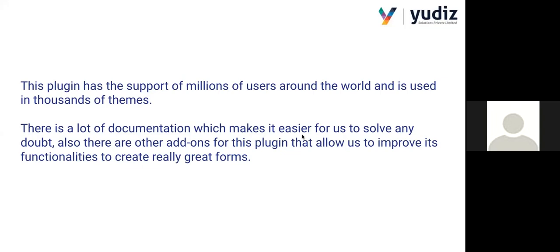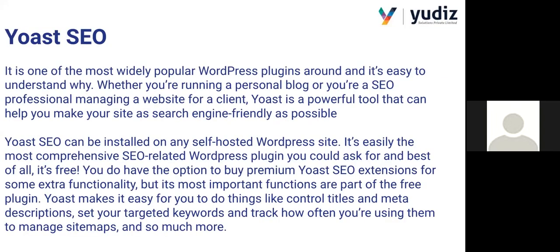Okay, so moving to the next section, the Yoast SEO plugin. Yoast SEO is the most popular WordPress plugin for SEO purposes, and many WordPress sites are using it for managing SEO-related data. It also provides other functionality like sitemaps. It generates your sitemap, and it also has redirect functionality, and many other features like that.